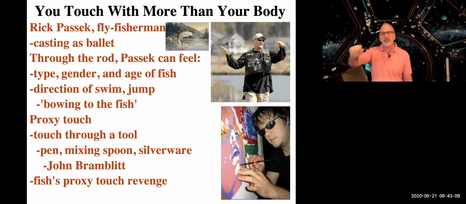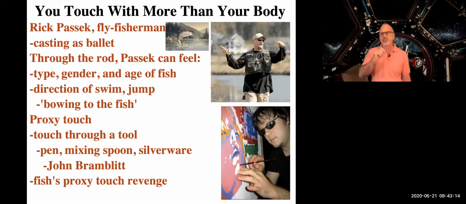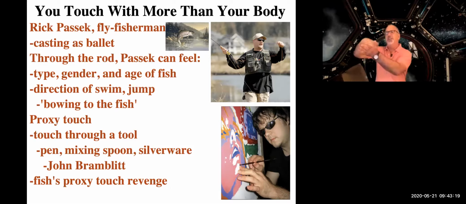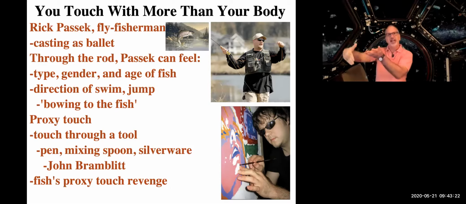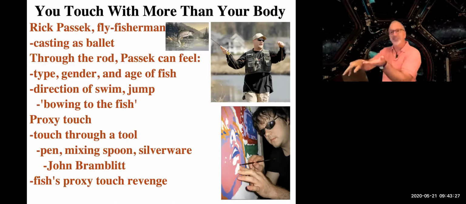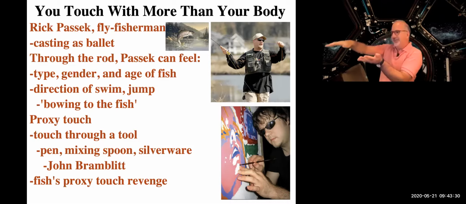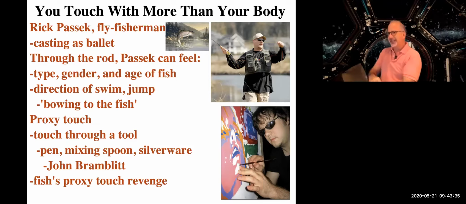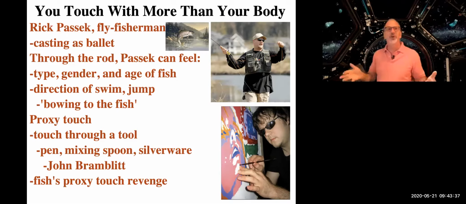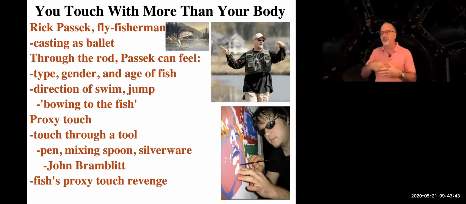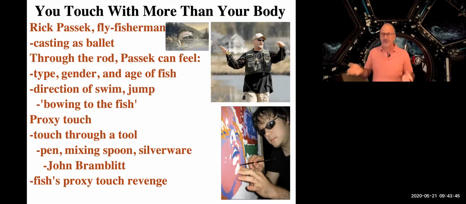And they will know to do that based on having a loose connection between the hook and its skin. As long as they can keep that loose and swim in a direction that keeps it loose, they know that the line is becoming more and more slack. And the idea for the fish is to swim underneath the boat, because once it does that, it can get kind of tangled in the anchor chain or something like that. And Rick says that's the thing you fear most as a fisherman, that the fish is going to go under the boat and stay there, because at that point there's not much you can do. You usually have to cut the line.